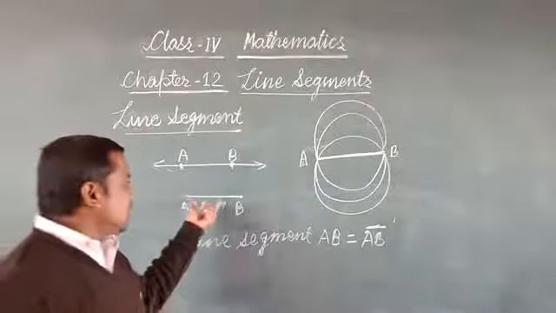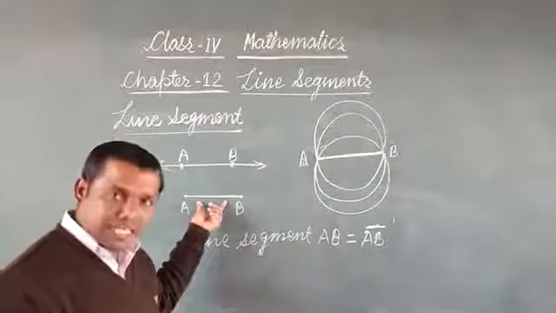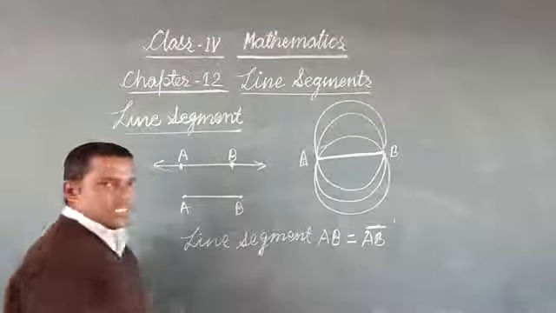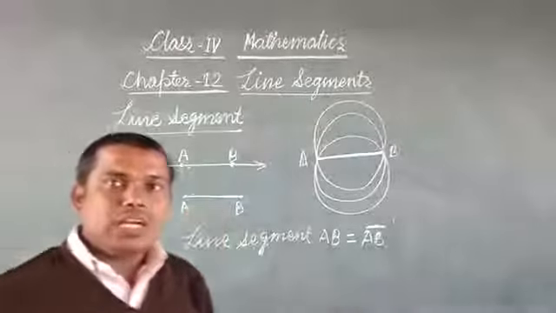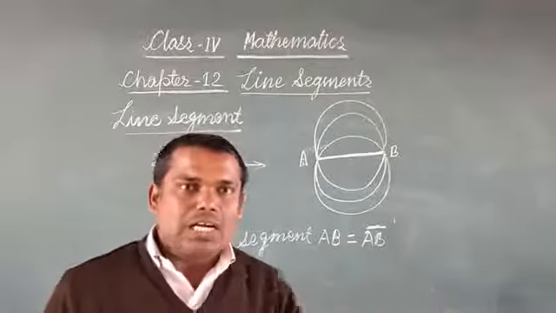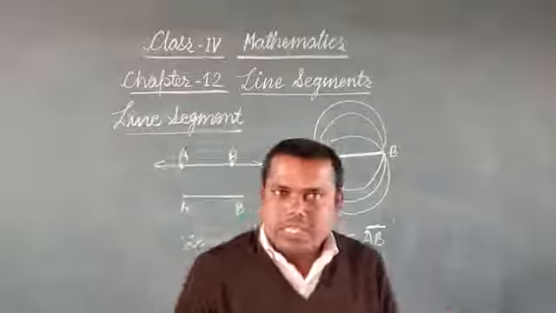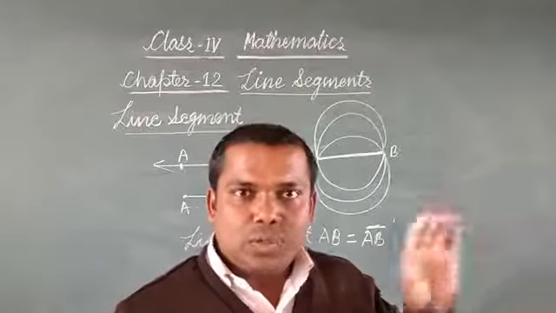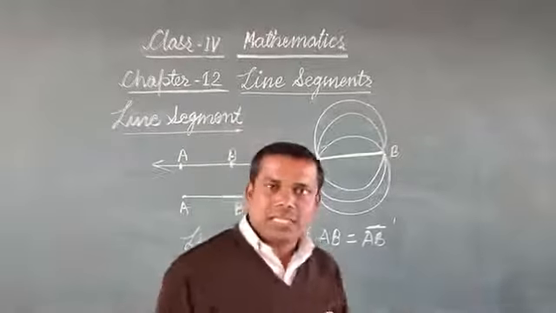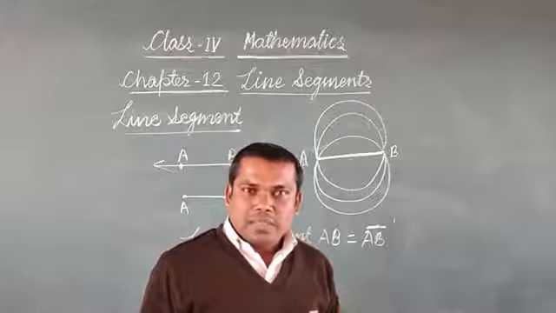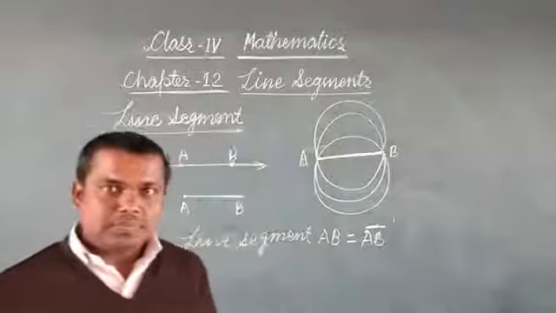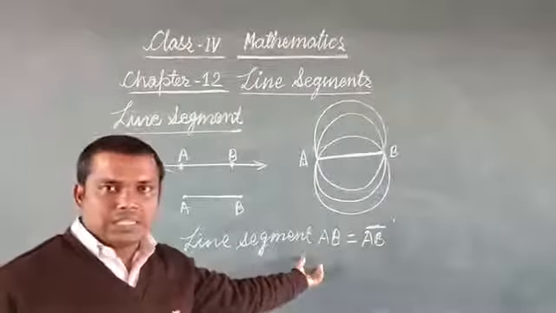Now we can say a line segment has fixed length. Why fixed length? Because there are 2 fixed points. Then we can draw a line segment on a piece of paper. Because if anybody asks, draw a 5 cm line segment, you can easily take your ruler and keep it on your notebook and draw a 5 centimeter line segment, 10 centimeter line segment, 20 centimeter line segment, like that you can draw. Since it has fixed length, it has 2 end points. It can be represented like this.